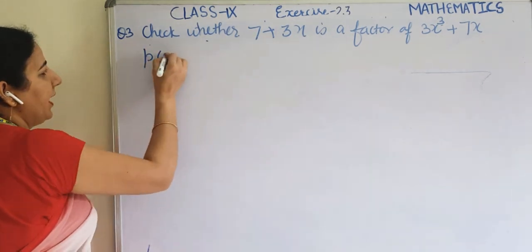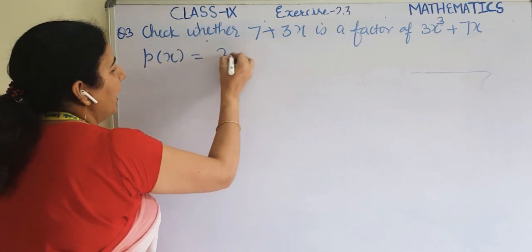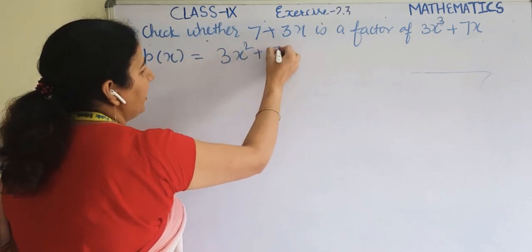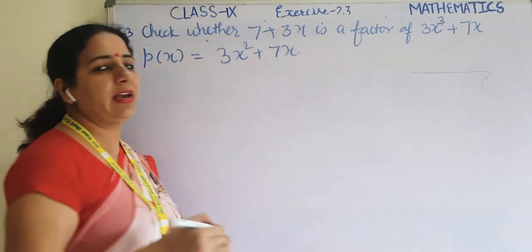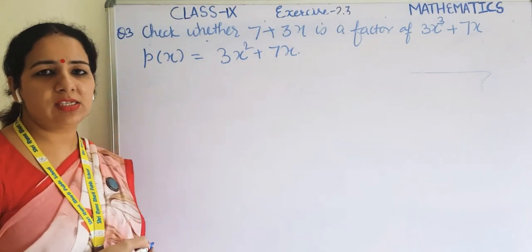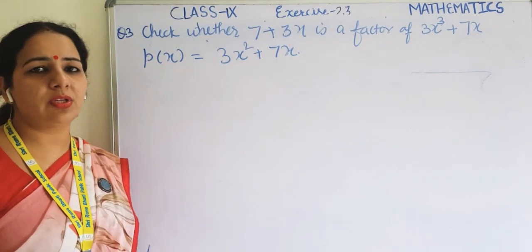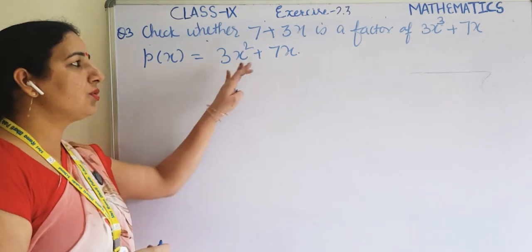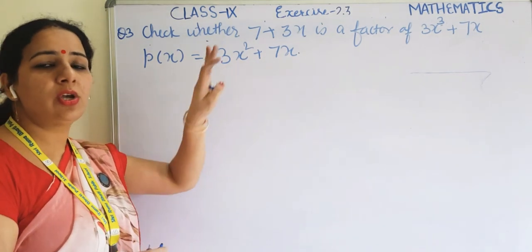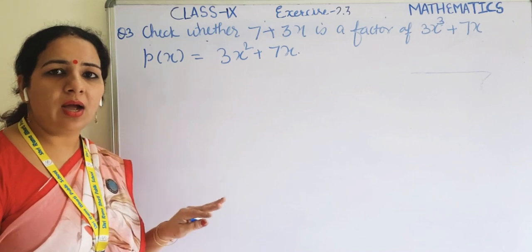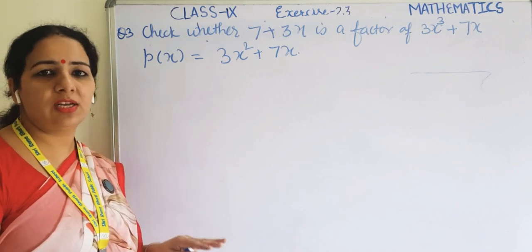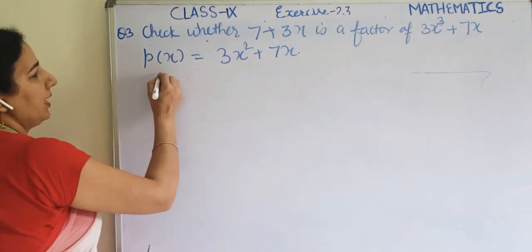So first let me write the given polynomial. You can divide these two polynomials by the division method also. If the remainder turns to 0, then yes, it is a factor. If remainder is not equal to 0, then it is not a factor. So we can use here the same method also. It means all the answer depends on the remainder. Remainder 0 or no. So first we will calculate the remainder.